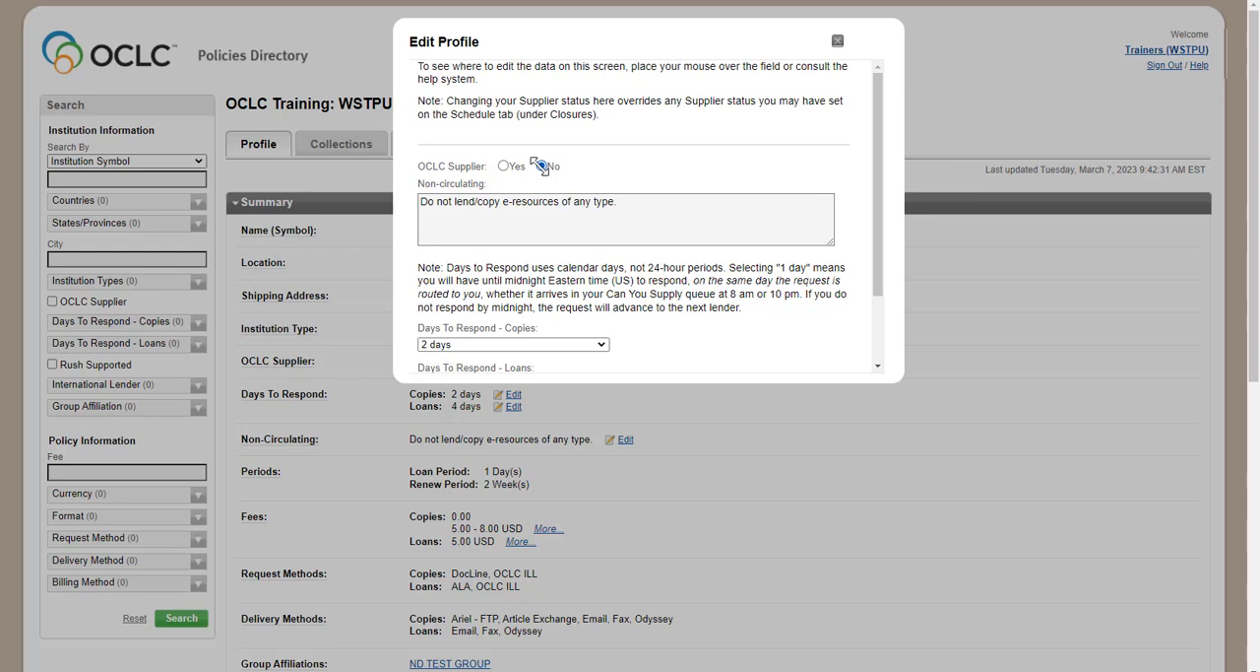If your library is a lending library, a supplier, but your library or your ILL department will be temporarily closed, you can temporarily pause requests from arriving in your Can supply queue, such as during holidays or academic breaks. One option is to edit the OCLC supplier to no. Then, when your library is ready, you can change it back to yes. A more automated way to temporarily pause requests as lending library is from the Schedule tab